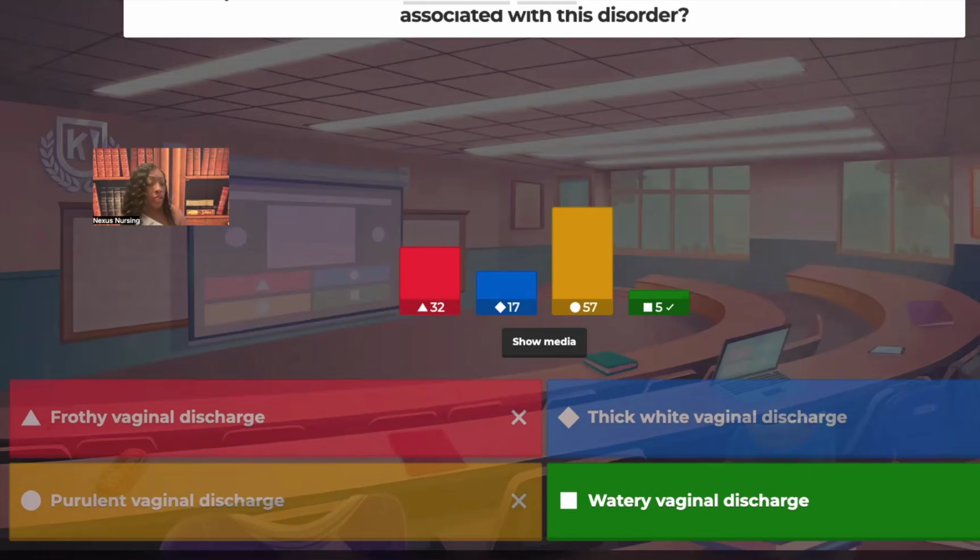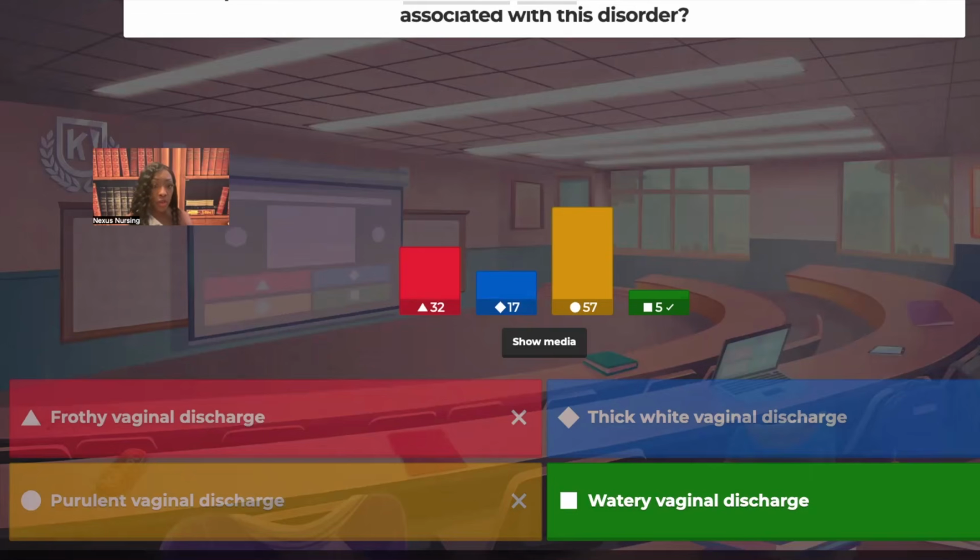Frothy vaginal discharge. 32 of you guys went with that. What does frothy vaginal discharge go with? Does anybody know what that's a symptom of? Frothy vaginal discharge. Trichomoniasis. Okay. Next, thick white vaginal discharge. That's a yeast infection. You're thinking of Candida albicans. And last,